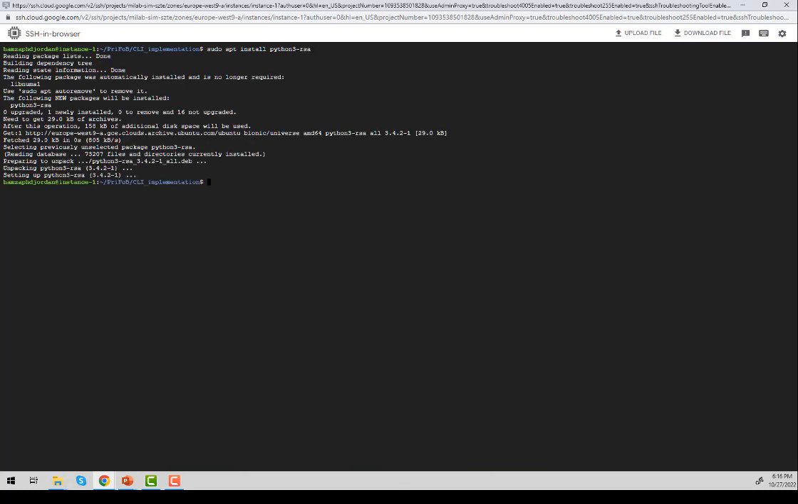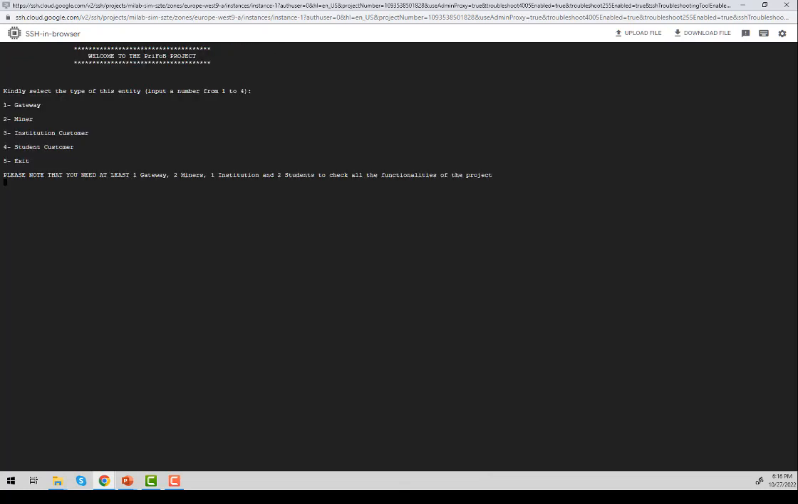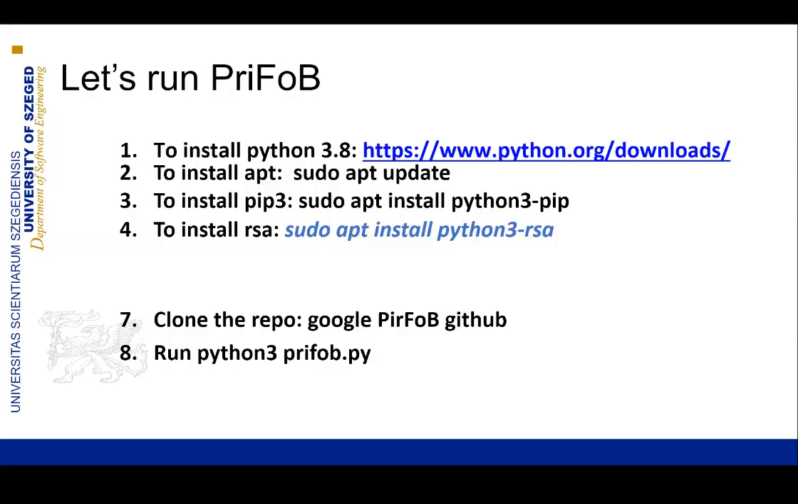and it's downloaded. So let's try again to run Python, because this one was the missing one. python3 PriFoB, and it's done. It's run. But in case you have a problem, like there are still missing libraries,